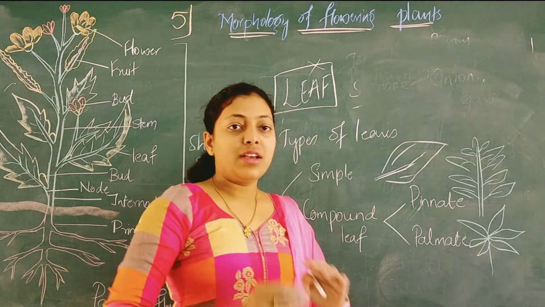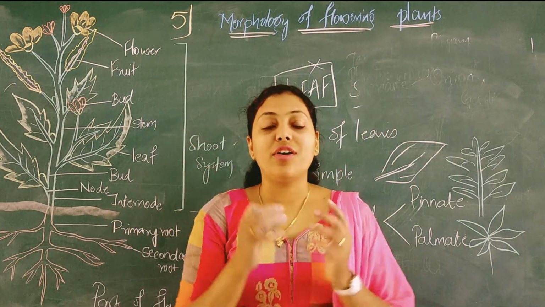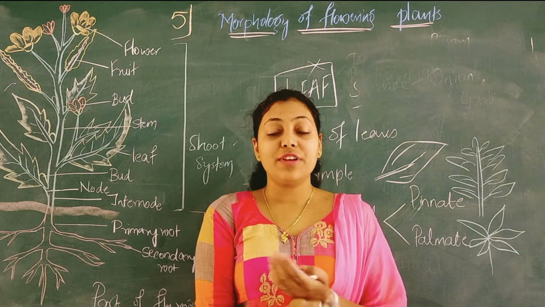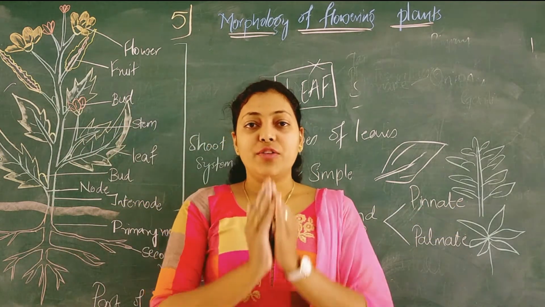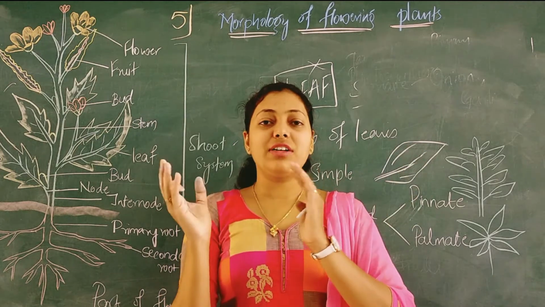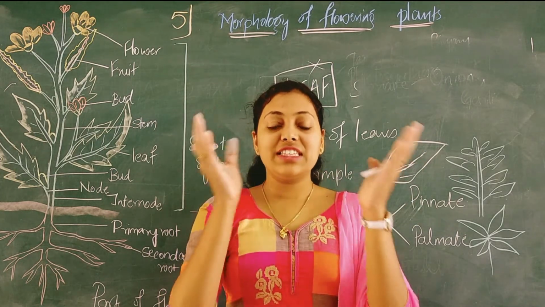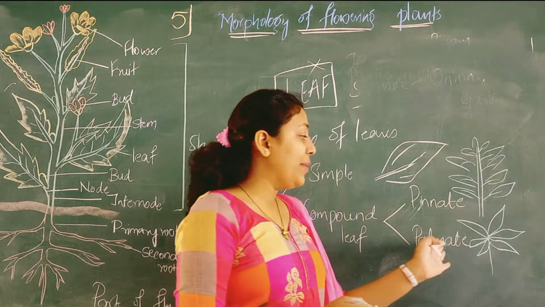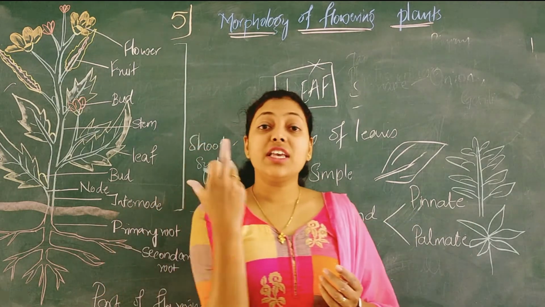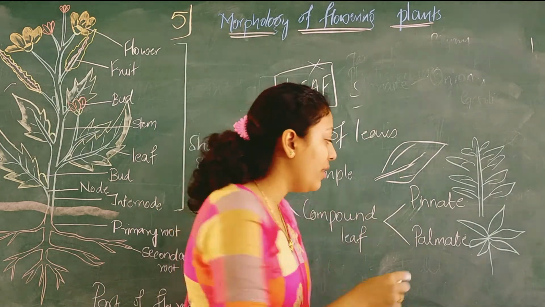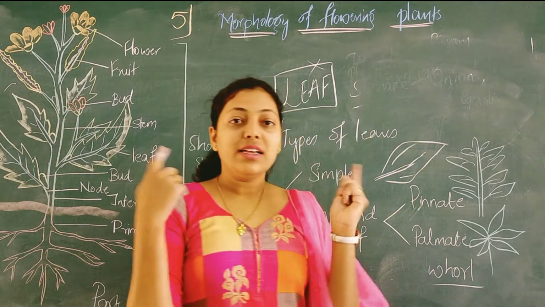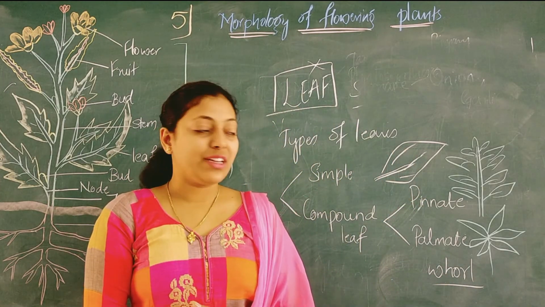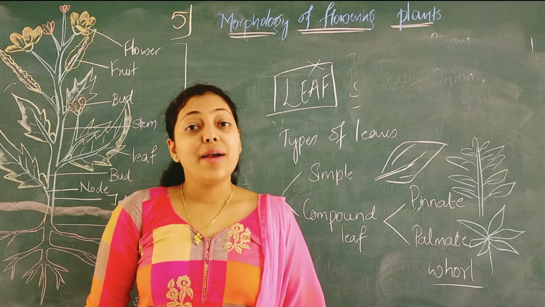Okay, like this. A whole or circular arrangement of leaflets is called a palmate leaf, whereas a pinnate leaf is one where, on a branch, we see leaves arranged on opposite or alternate sides. But a palmate leaf is one wherein we see the whole circular arrangement of leaf structures.